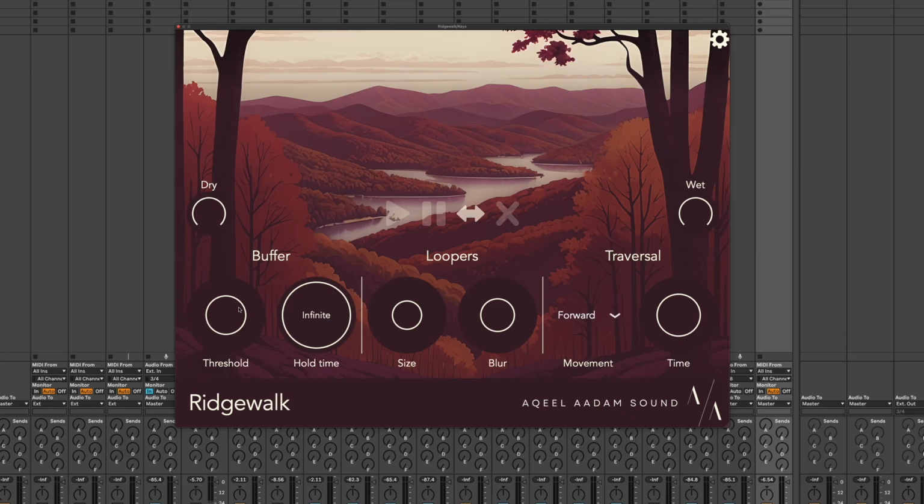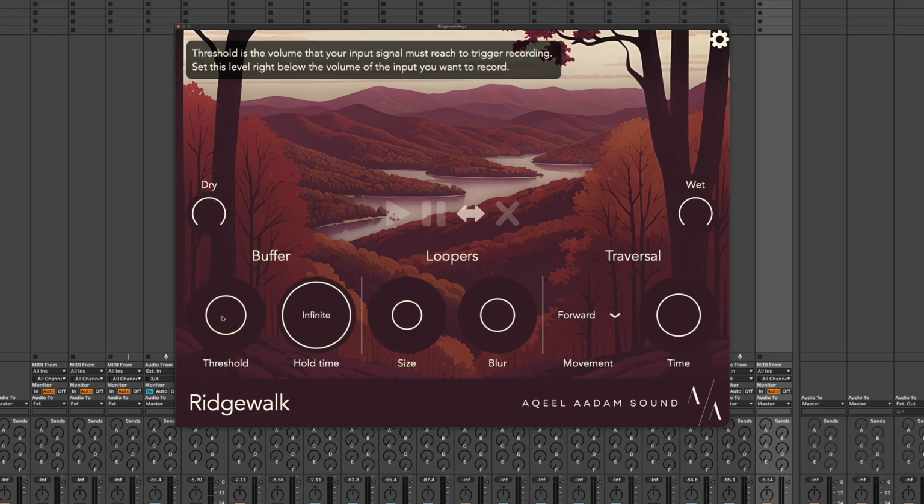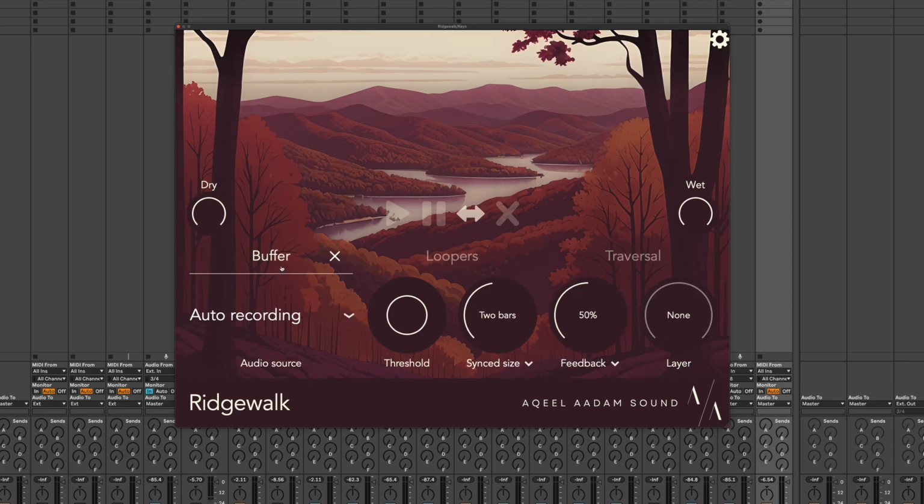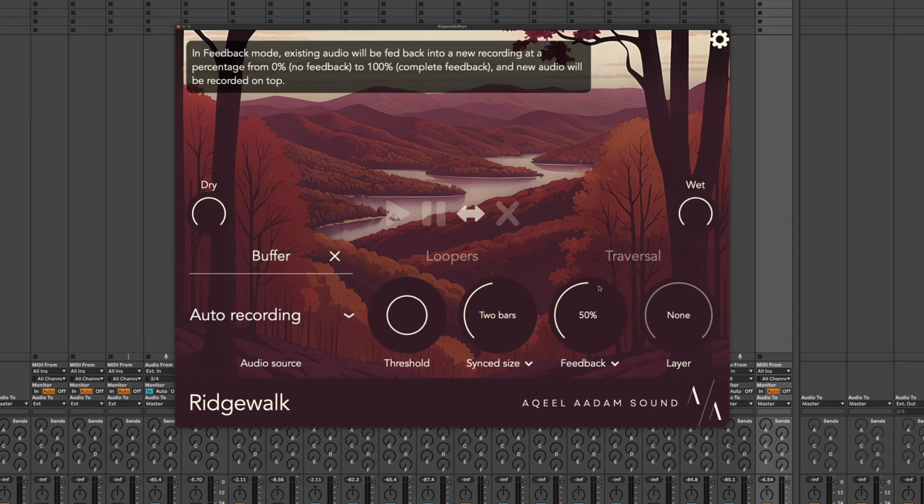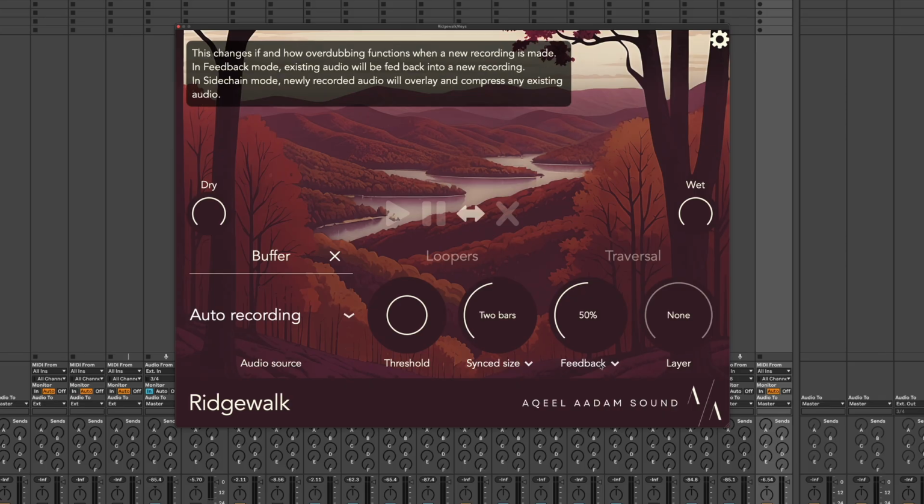Today we're going to be taking a look at Ridgewalk and try to explain maybe one of its more confusing parameters and clear up anything that might be unclear with it. So today we're going to look at the overdub settings, and specifically we're going to compare the feedback overdub with